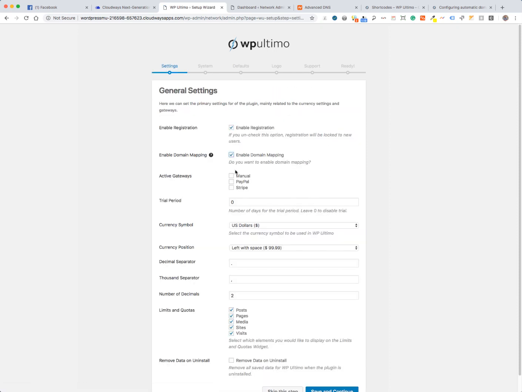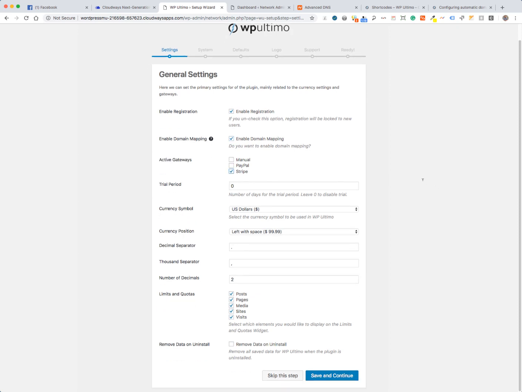Enable domain mapping, yes. Select whoever your payments are. Select your trial period. I'll just say 30 days. This can all be changed later on, absolutely everything. And the trial period, when you're setting it there for 30 days, you can actually override that individually on the plans. Say that you're running some type of promotion for some unusual type plan, you can give a trial of 60 days or 3 days, or make it shorter or longer, whatever you want. Save